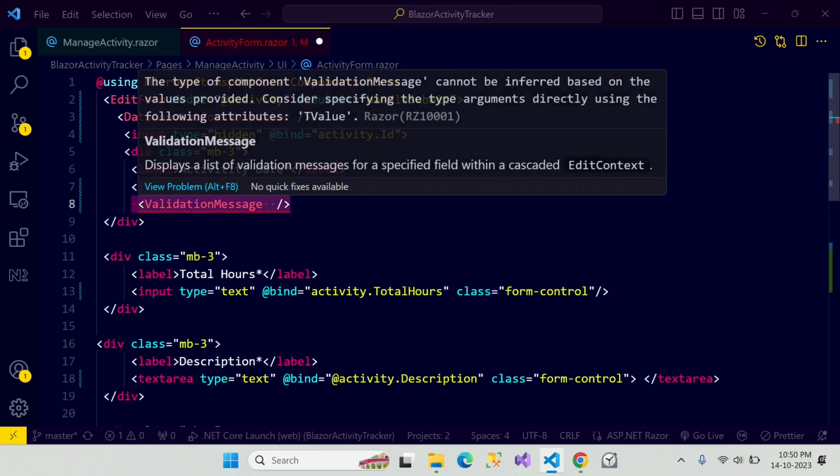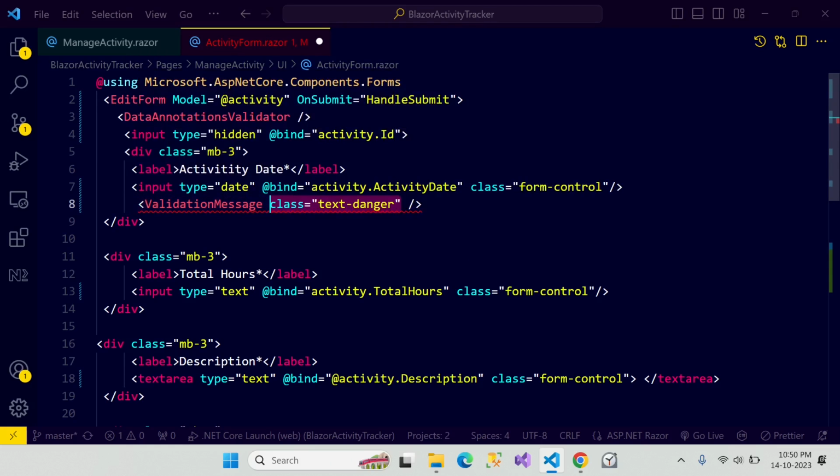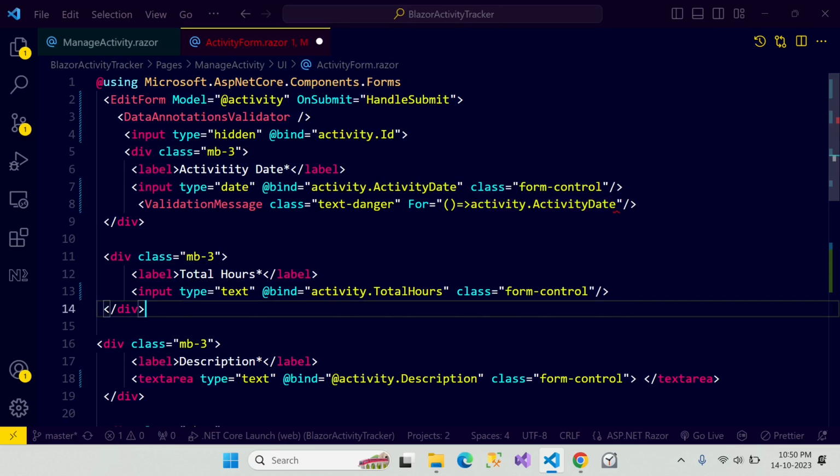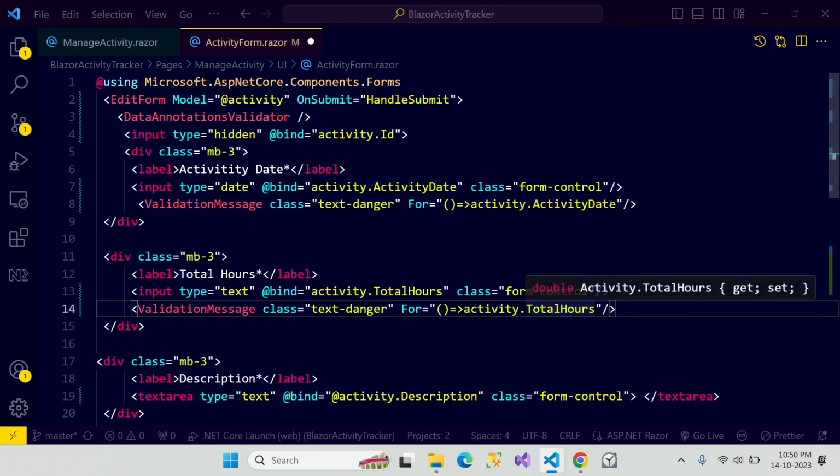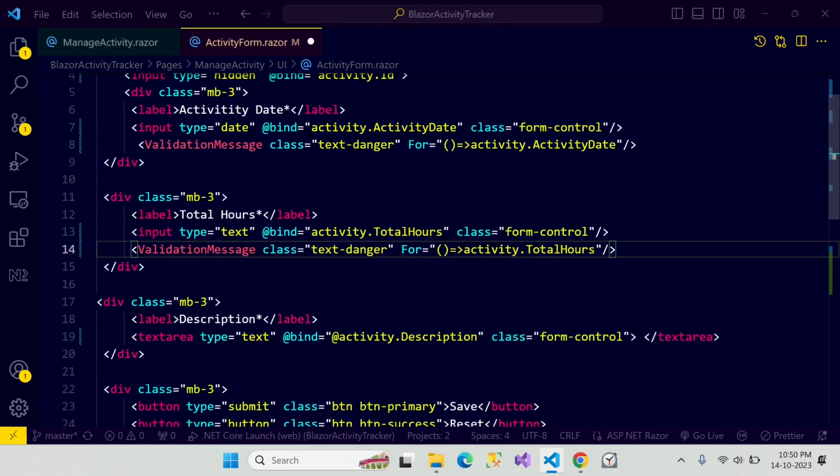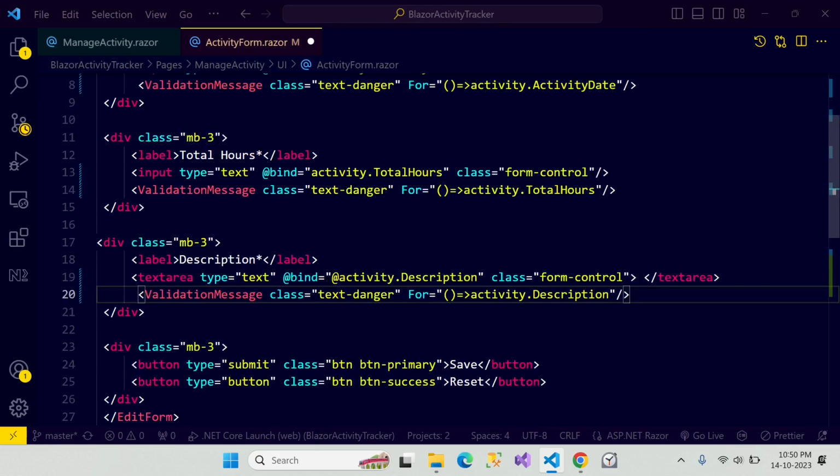So here we will define validation message class equals to text-danger, which is a Bootstrap property, and for we will call a method, and inside that we will define activity.activityDate. And same thing will happen here, but it will be replaced with total hours, and here